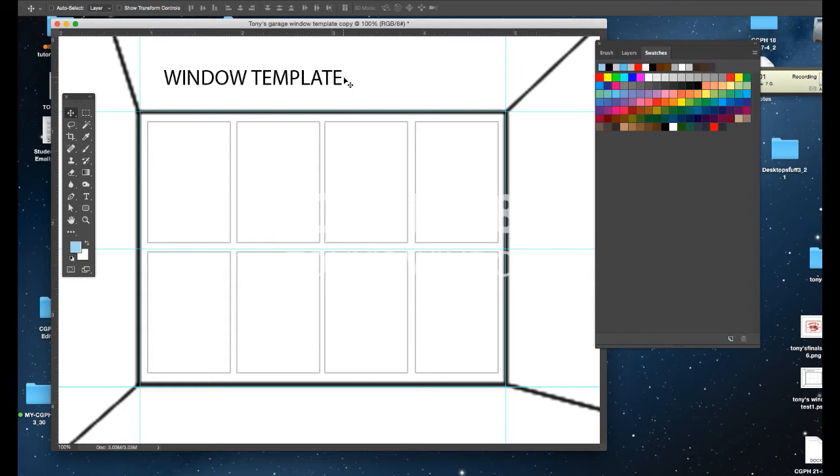In this tutorial, we're going to create the window for Tony's garage. You'll get this template in your email along with the links to this tutorial, and all you need to do is open that up and follow along. Now I'm going to go to my layer window,